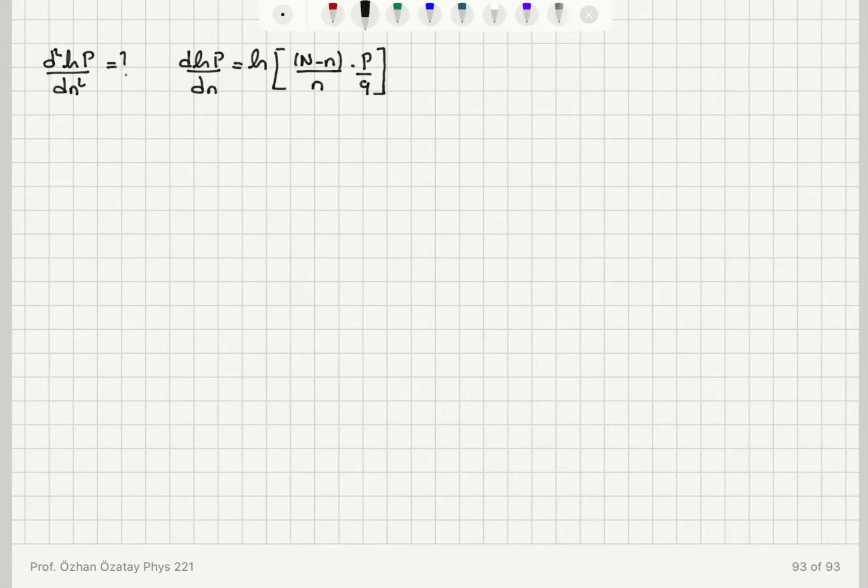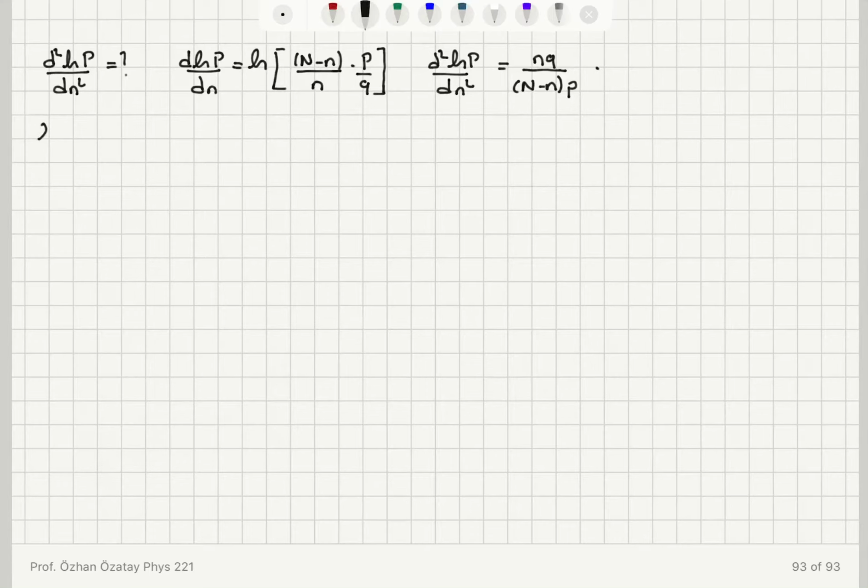Now I want to find the second derivative. So for the second derivative of ln p with respect to n, we're going to have 1 over the function that is inside, so it is nq divided by capital N minus n p